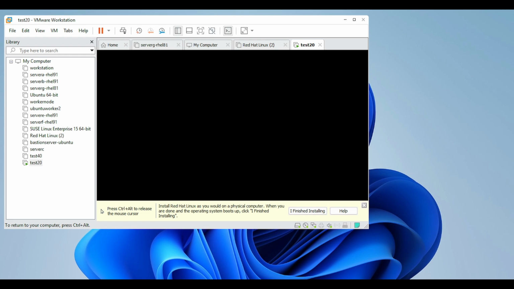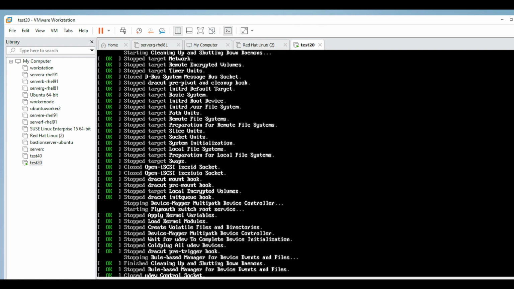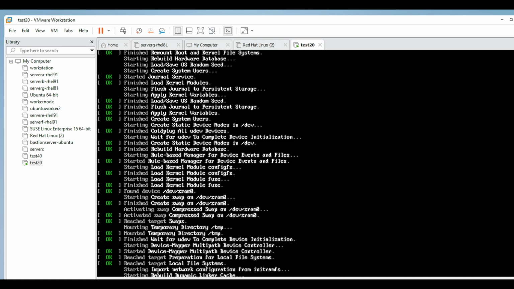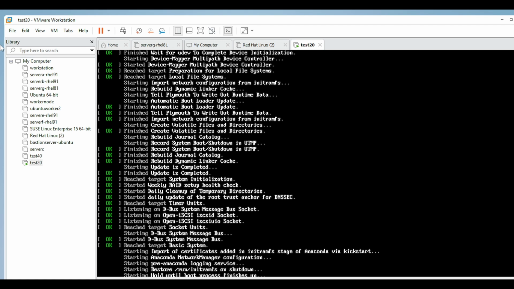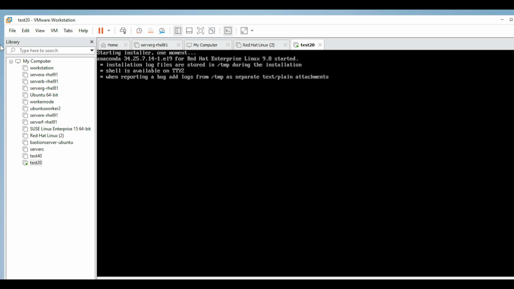Now the screen will move very fast. Some unmaintained driver is detected. Okay, no issue. This should happen in the latest RHEL 9.8 version, but do not worry about this.